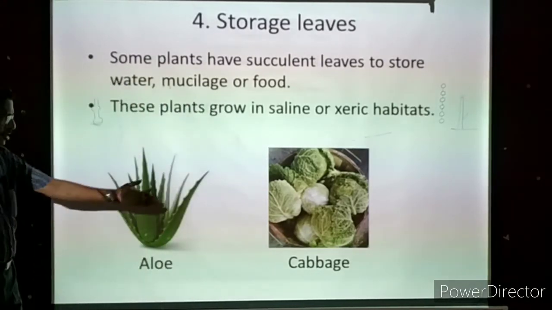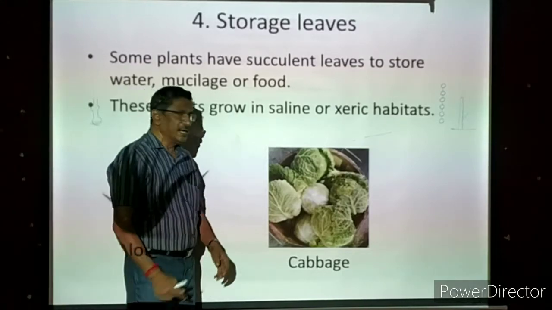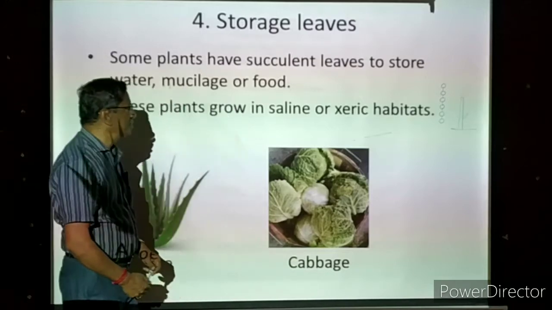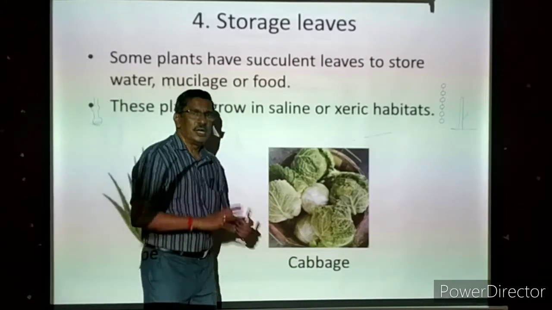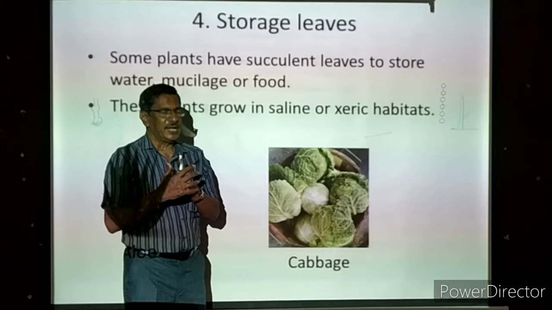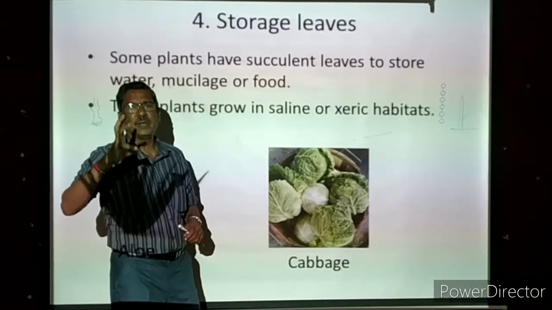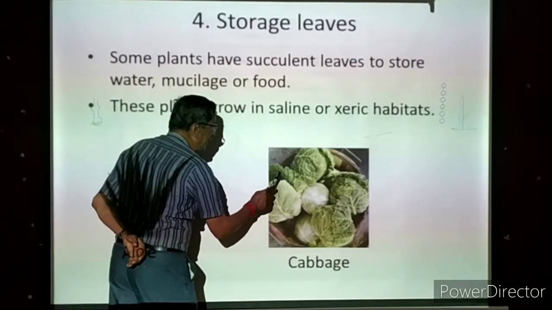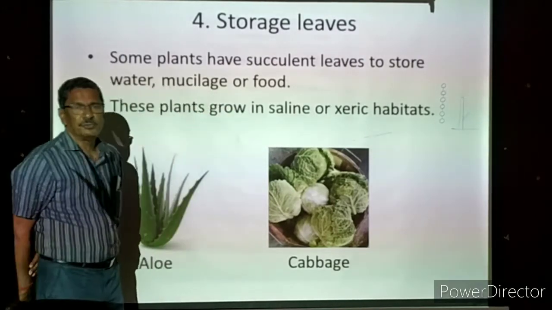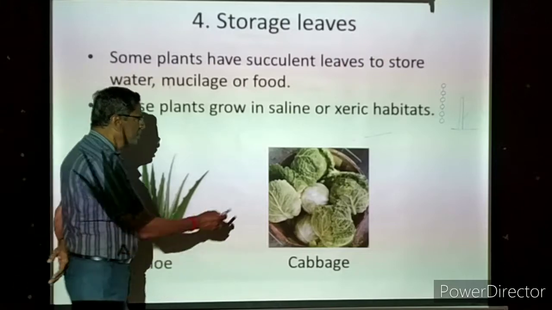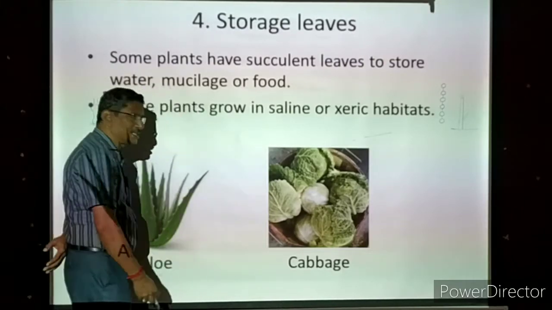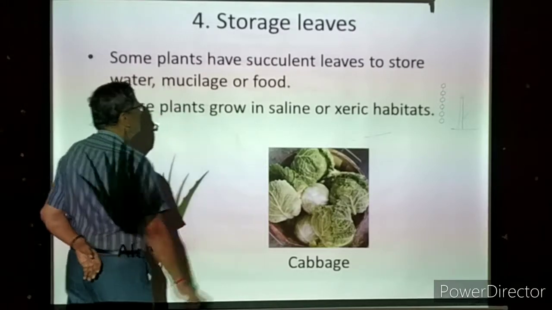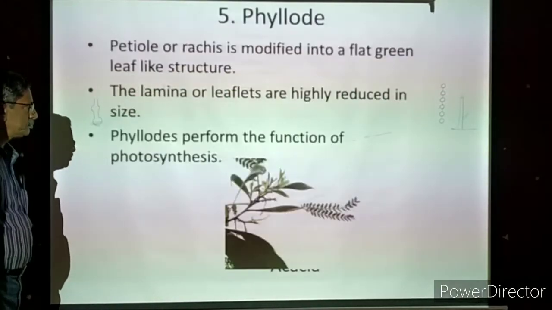Cabbage. Now the cabbage is a vegetable. In the vegetable shop we can find that. Many leaves are coming layer after layer. In the cabbage, the leaves are irregularly arranged, not regularly arranged, and it becomes a more or less spherical mass. So a lot of leaves will be present in this. Each leaf is storing food. The leaf we are cooking and consuming, because the leaves have a lot of minerals, protein, everything is present, including vitamins. So that is a storage food.